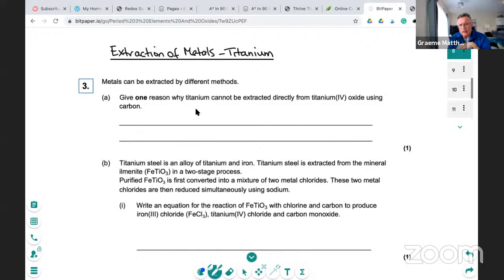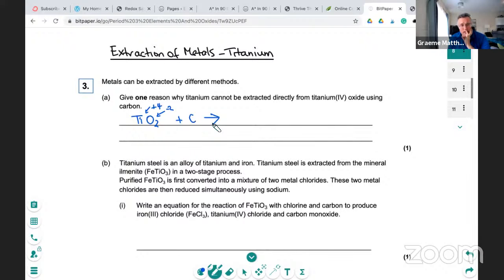titanium cannot be extracted directly from titanium 4 oxide. And so I've got titanium. Now, titanium 4 means that titanium is obviously in the +4 state. Oxygen, you know, is -2. And so I need 2 oxygens to balance out the charge in the titanium. Right. And if I add that to carbon, is what they're saying. All right. Question is, would I get